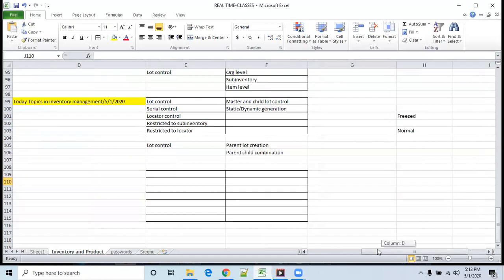These are the various controls we have, and we'll see one by one how we need to configure them